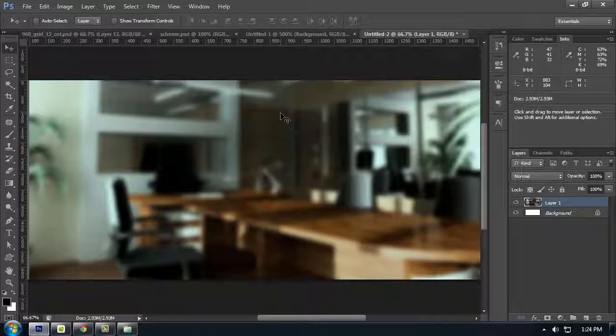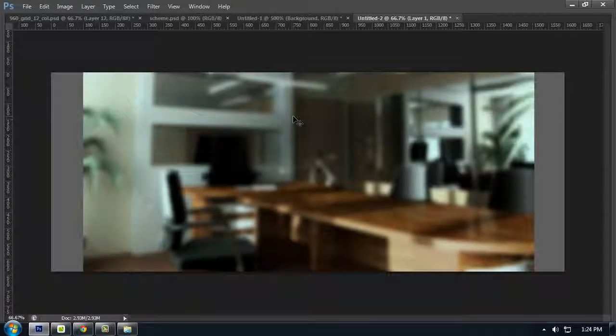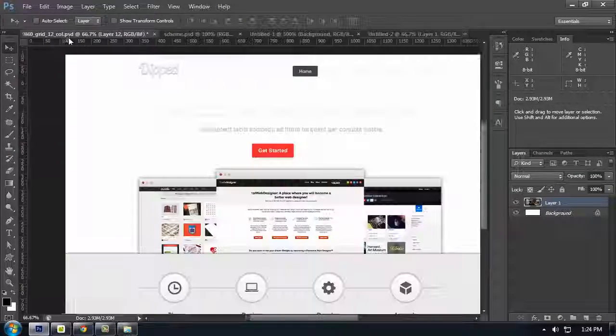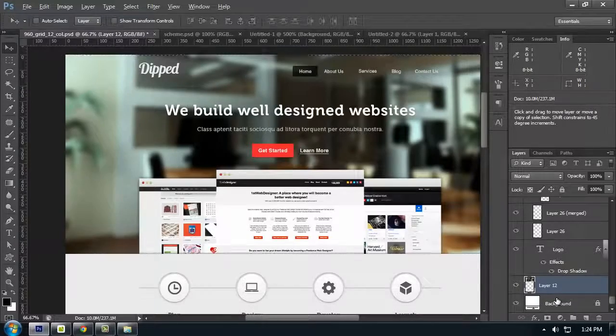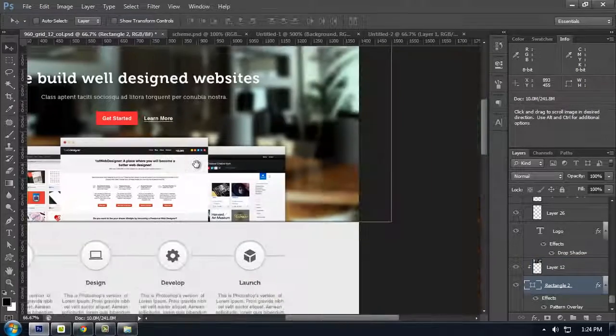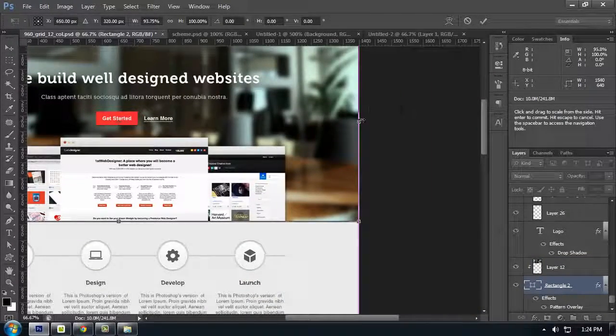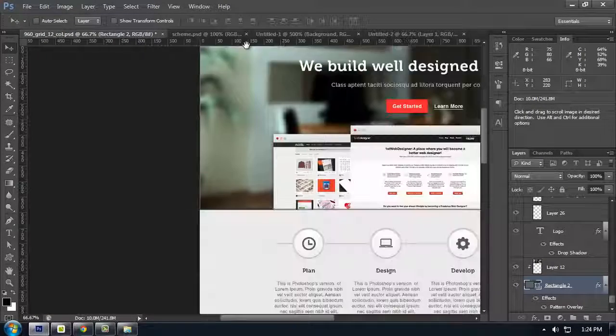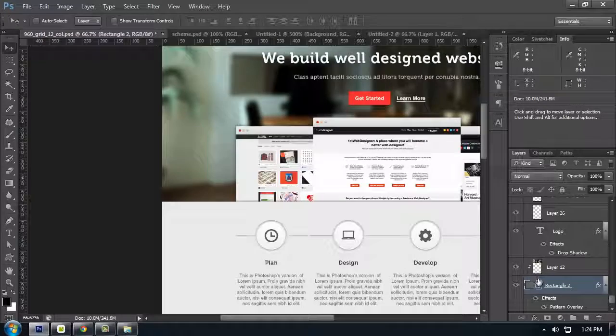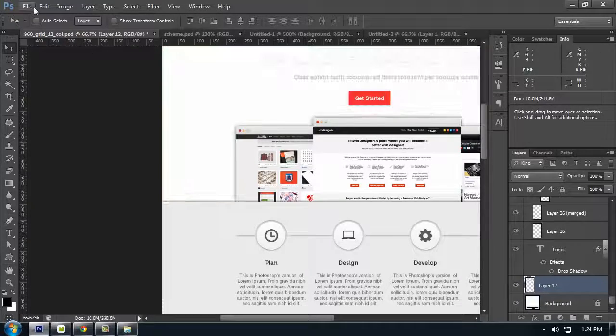Let's see. We did it wrong. What's happening there? What we can do is Control transform, merge it again,